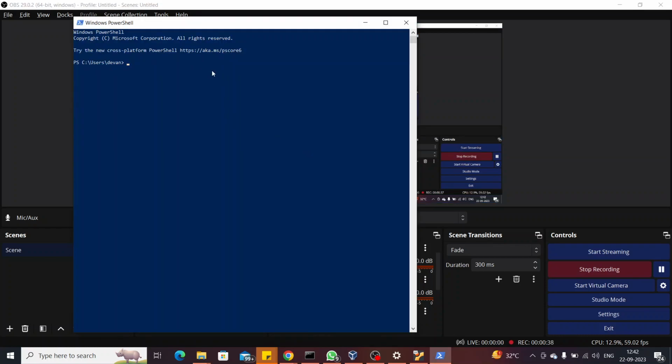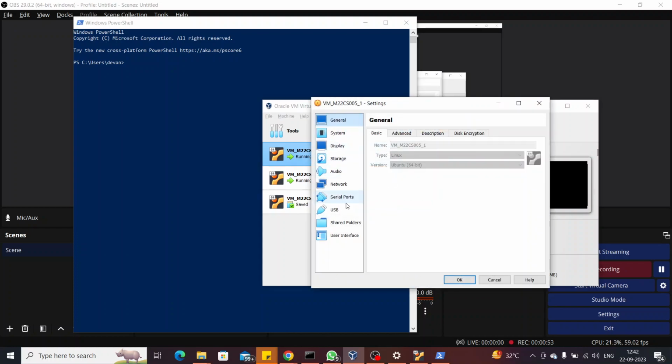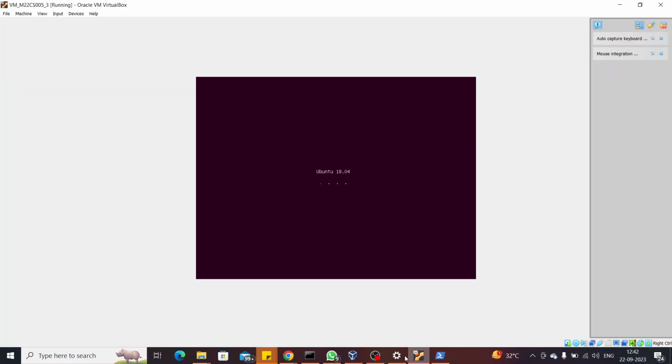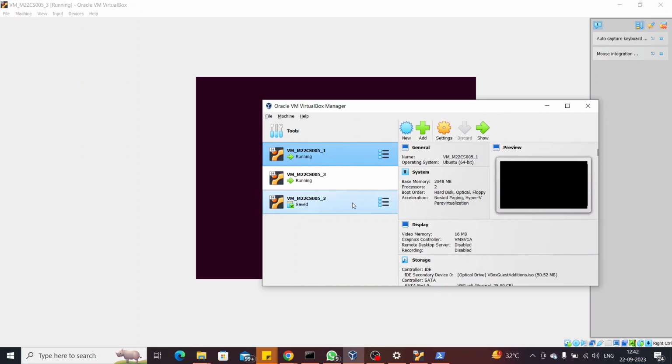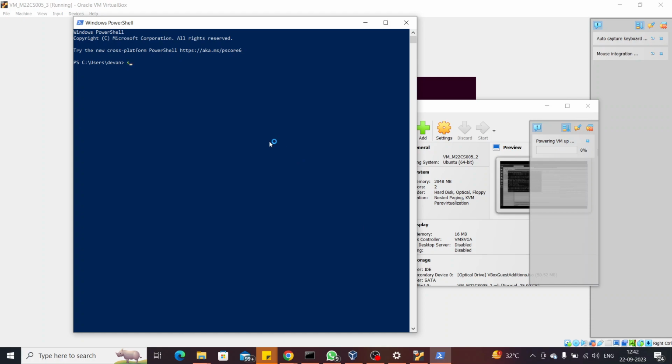I've opened my PowerShell to show that I can access my VM1 from my host. Also, I need to show the configurations for each of them. All of them are individually connected to the host using NAT, and all of them are connected to the NAT network local cluster 1. Since they are loading, I will start this as well, and I'll go to this and then go to